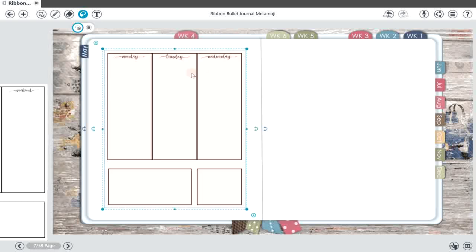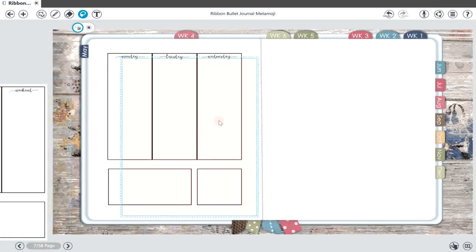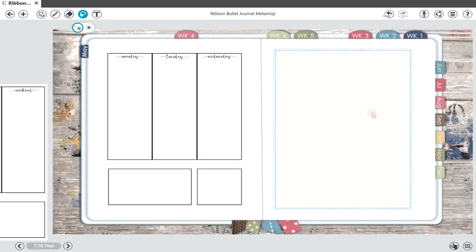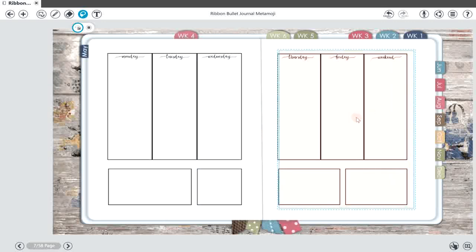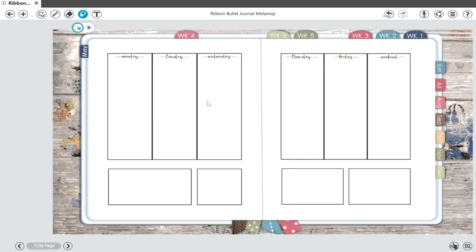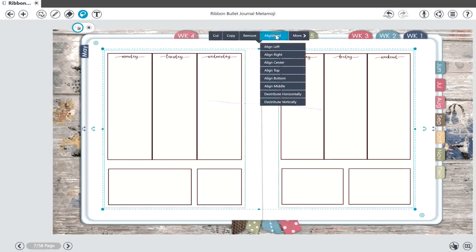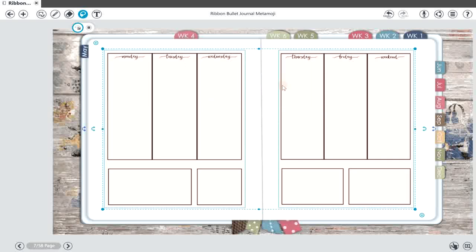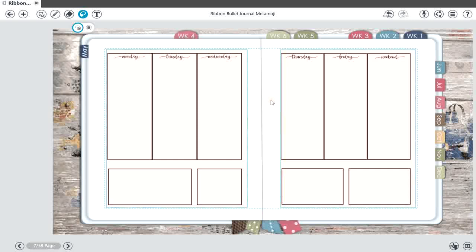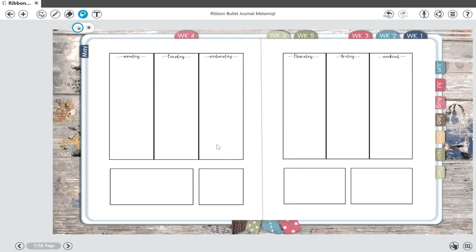All the images that you see me loading in here and adding to my weekly planner spread, I have just found around the internet, free PNGs and JPEGs that you can download. And I like to use Metamoji because it seems very straightforward and simple to me. To add more JPEGs and PNGs, you just go over to the plus sign up here in the left hand corner, click on plus, click on add a photo, and then you click on from a photo